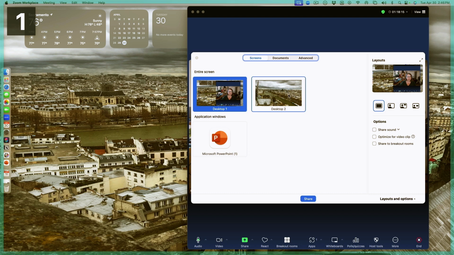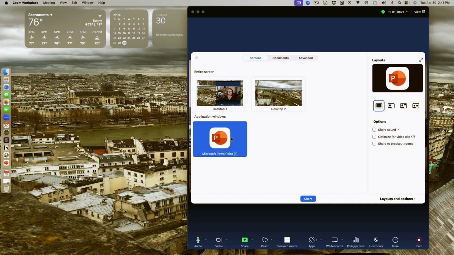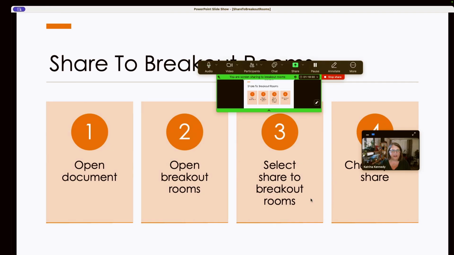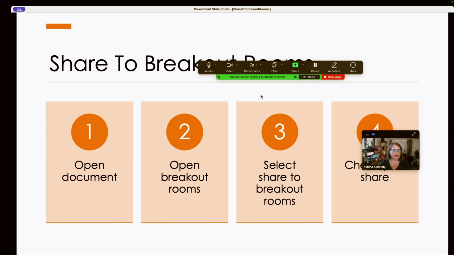I can either share my desktop or PowerPoint or whatever it is that you would like to share. I'm going to go ahead and select PowerPoint and then select the share to breakout room option. Then click the blue share button. Once I've done that, you're going to see in your toolbar, the green